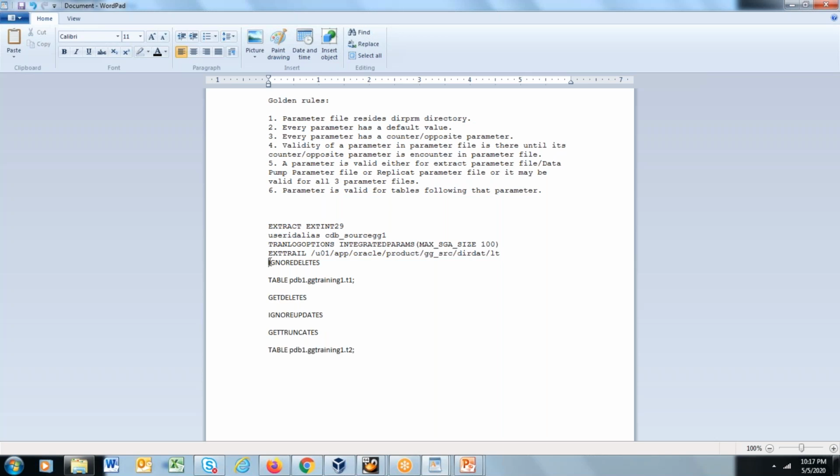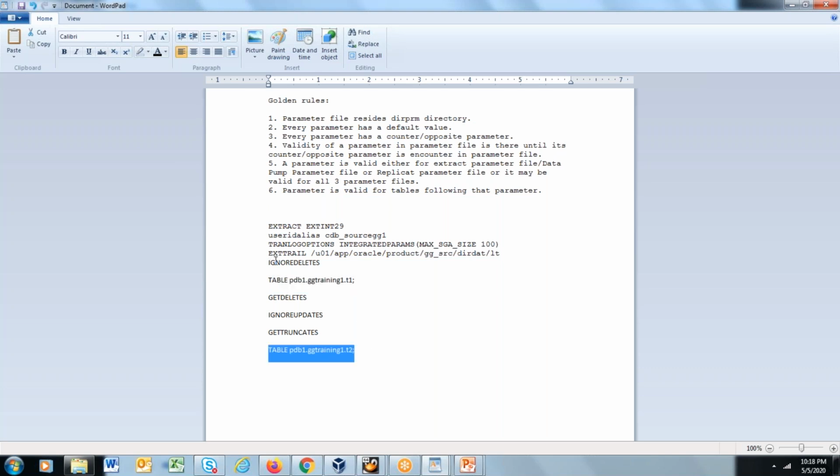In the same way, you have get inserts by default. Even though we haven't mentioned it, get inserts is valid here. Because no counter parameter for get inserts is encountered, get inserts remains valid for the T1 table as well as the T2 table.